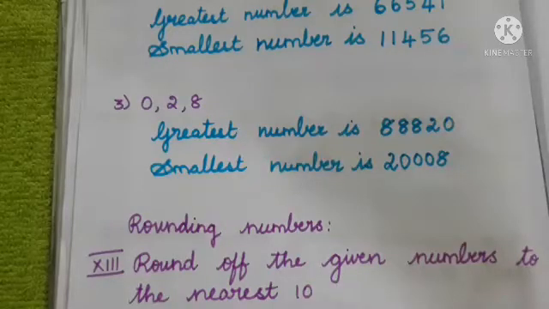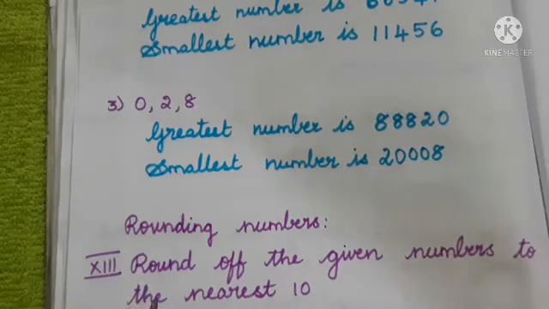So children, our next topic is rounding numbers. You might have learned it in the previous year when you were studying in the 3rd standard. In rounding numbers, we are going to use a number line. You know how to draw the number line, isn't it? Why are we using the number line? To make it easy to understand rounding numbers.